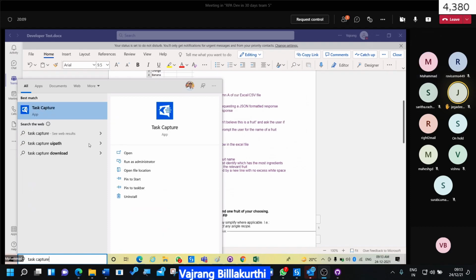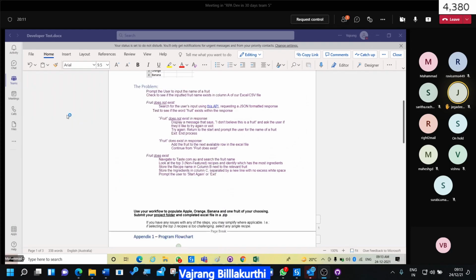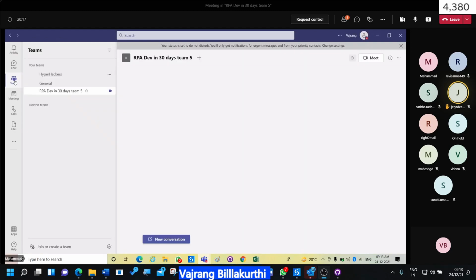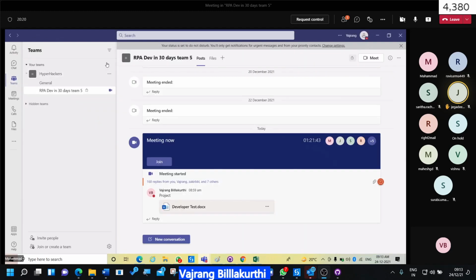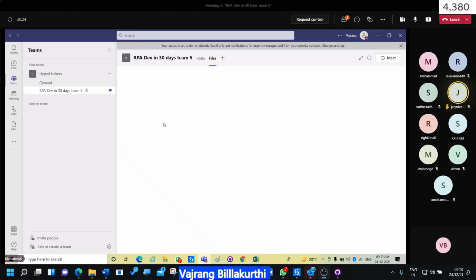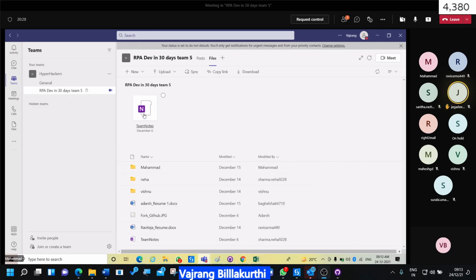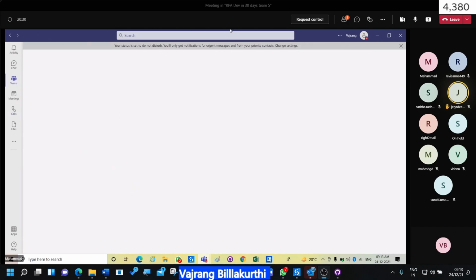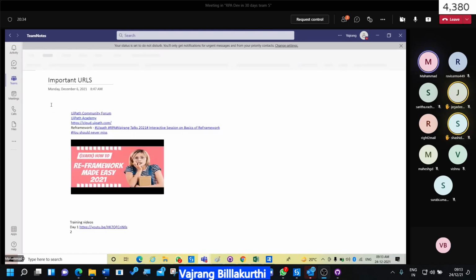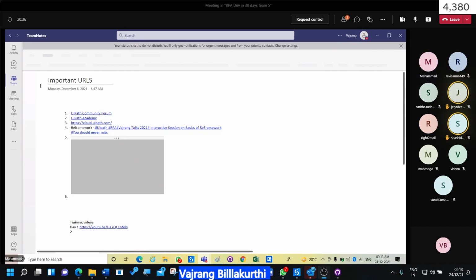So go back to the Notepad once, Teams notes. In that we have the SDLC lifecycle, right? We will follow that one, Vajrang.